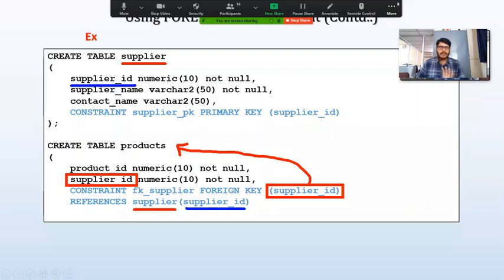That means, a very simple one, this supplier ID is going to refer to the supplier table. Within the supplier table, it will refer to the supplier ID column. That means this supplier ID is nothing but the primary key of the parent table. That's it. So this is how we need to specify the references to a parent table column.